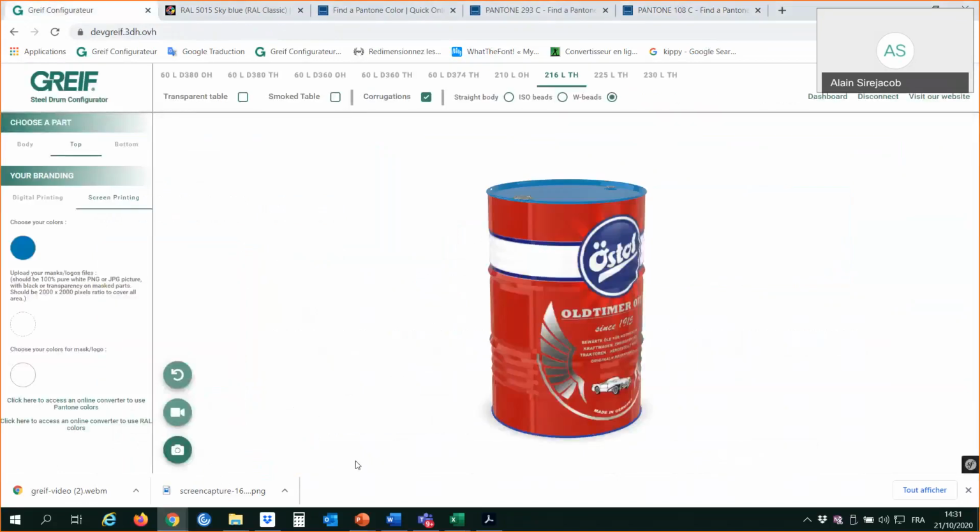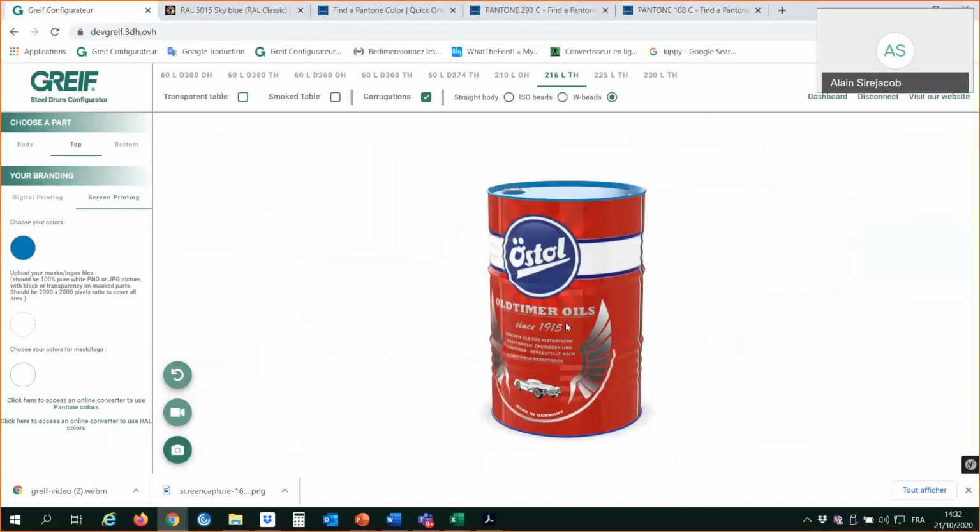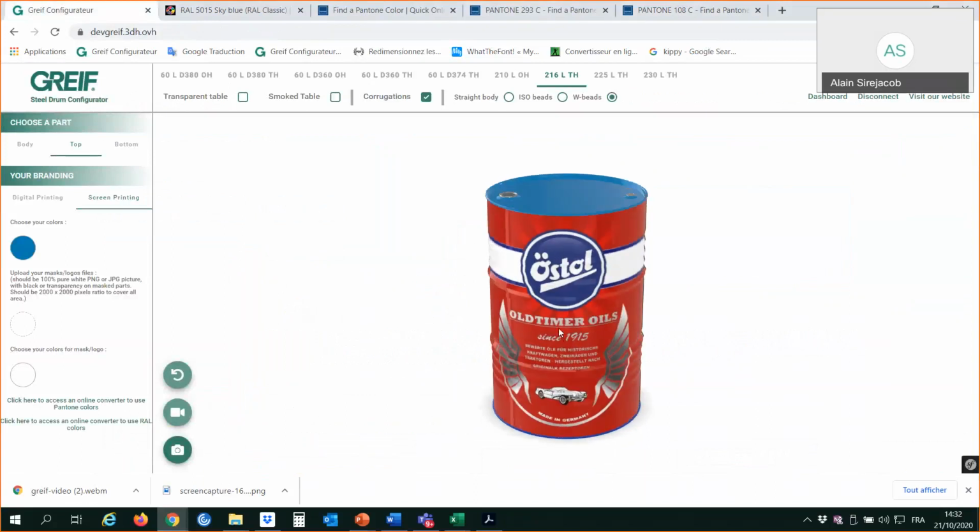Okay, so you have seen, I think I've explained everything that you can see here. So the good thing of the tool is that, as I explained before, the screenshots, you can integrate in the artwork, or you can send directly to your customers, and you can send the video as well to impress your customers a little bit and show them how the drums will look.